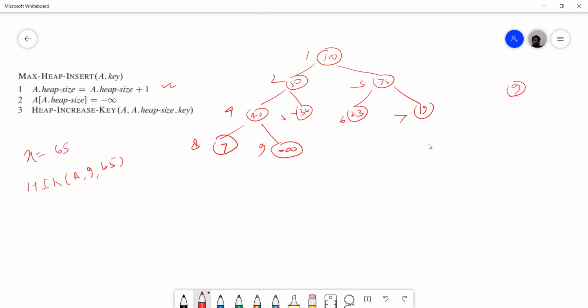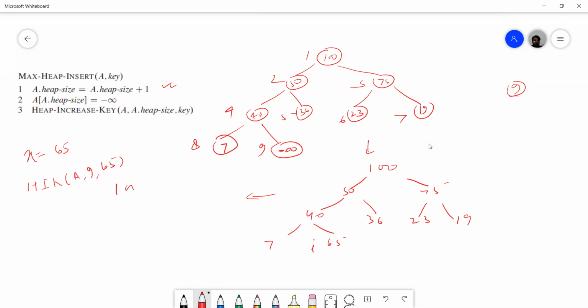After calling heap increase key, what will we get? 100, 50, 75, 40, 7, 65, 36, 23, 90. This is i. Again, you compare with the parent and apply the heap increase key algorithm.